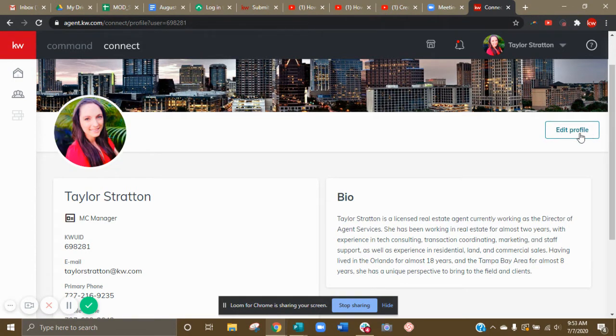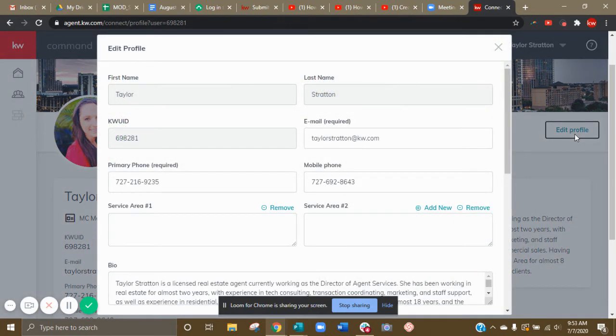Next, you come over here to where it says Edit Profile. And you'll see that these three boxes here are gray. These are boxes that you cannot edit. If you ever did need to change your first or last name for any reason, you would just reach out to your KW support and also your MCA and let them know that you are having a name change, because this name is how you are in the Keller Williams system. Everything else is editable. So you see here, you can change your email if you'd like, your phone number, and